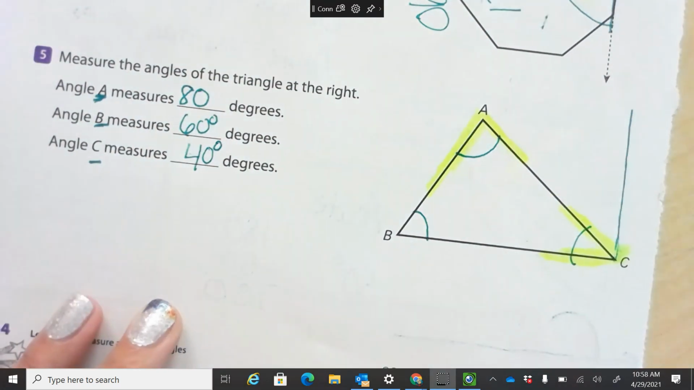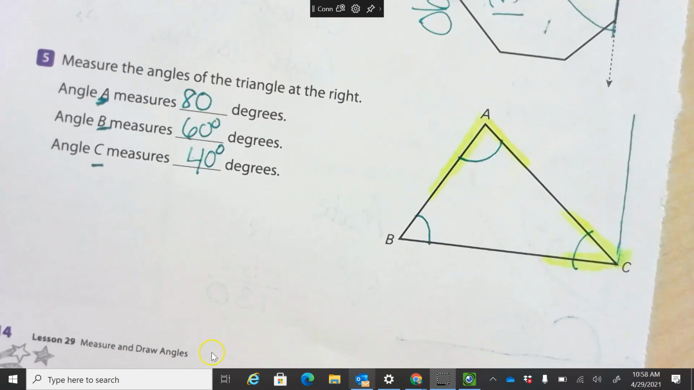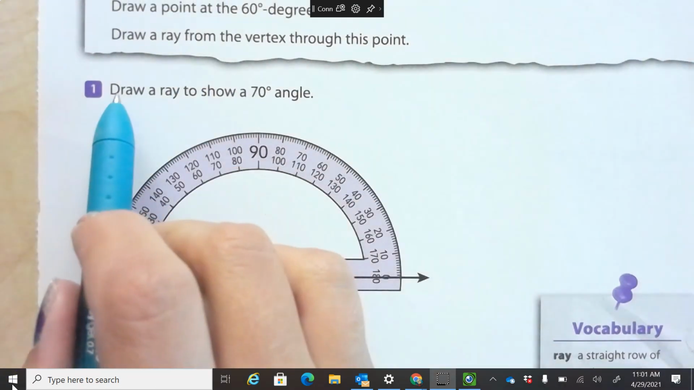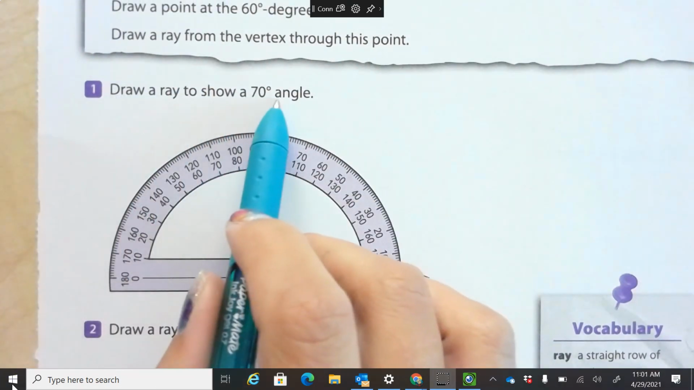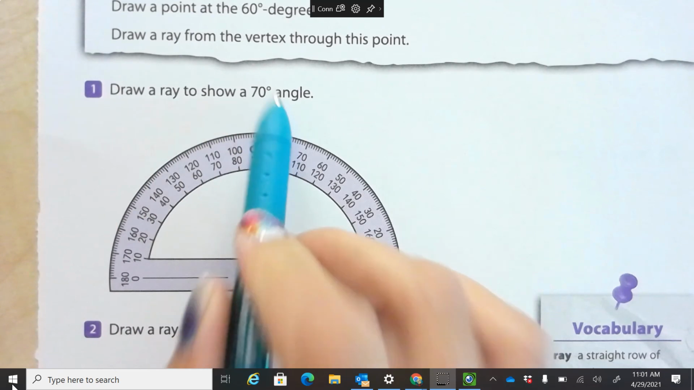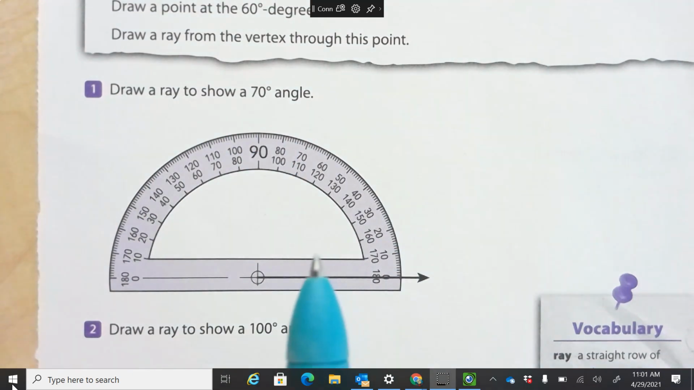Why are they all acute angles? Because it's an acute triangle. It is an acute triangle. Good vocabulary. It says draw a ray to show 70 degrees. So we already know that this is going to be an acute angle because it's less than 90. So I'm going to